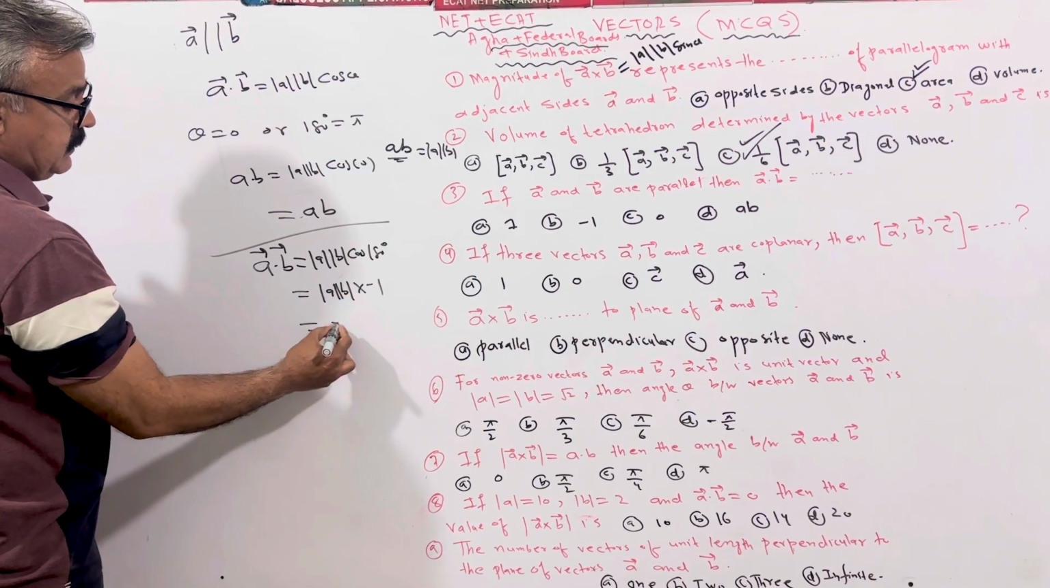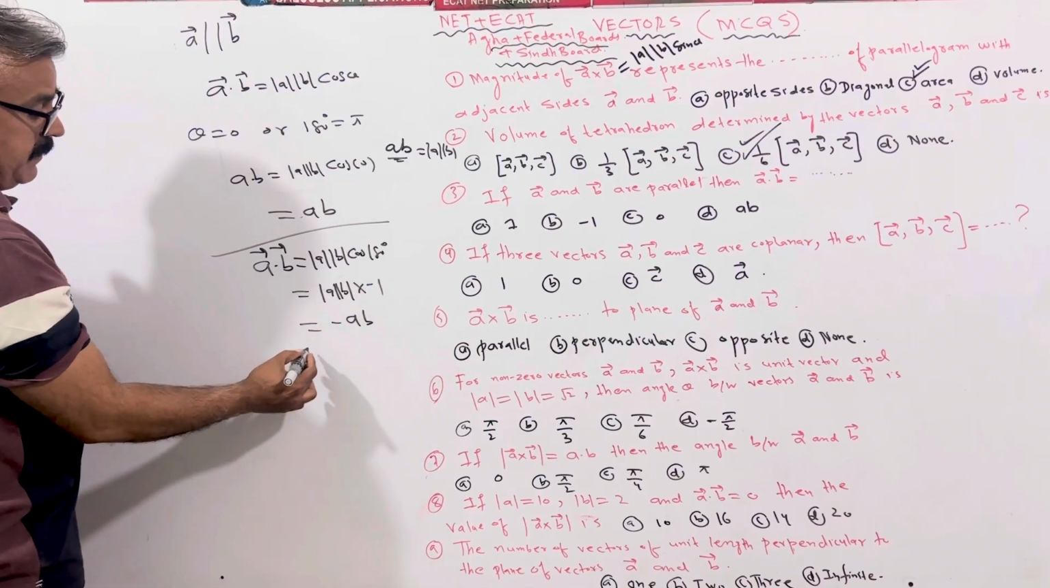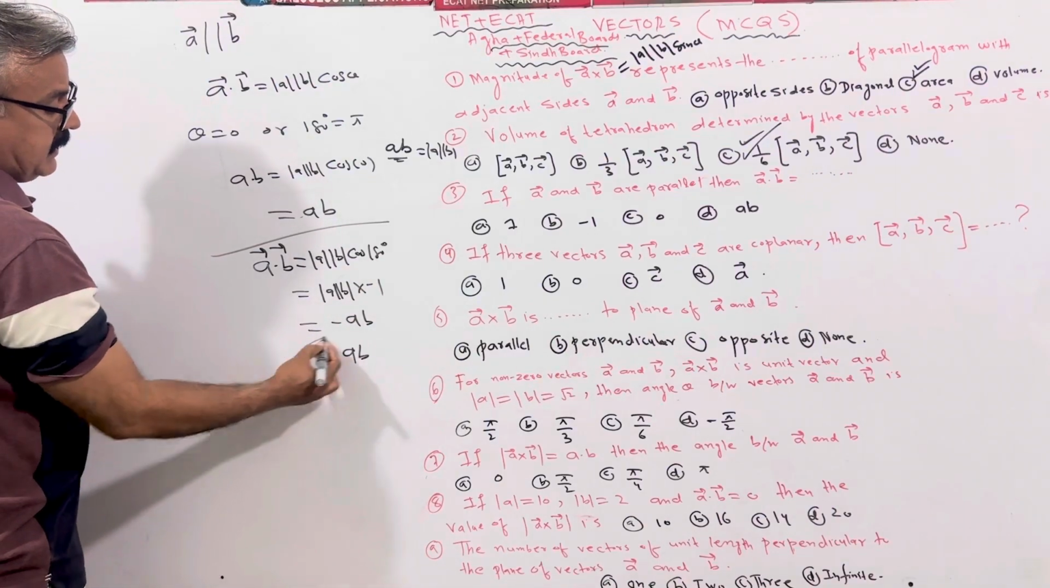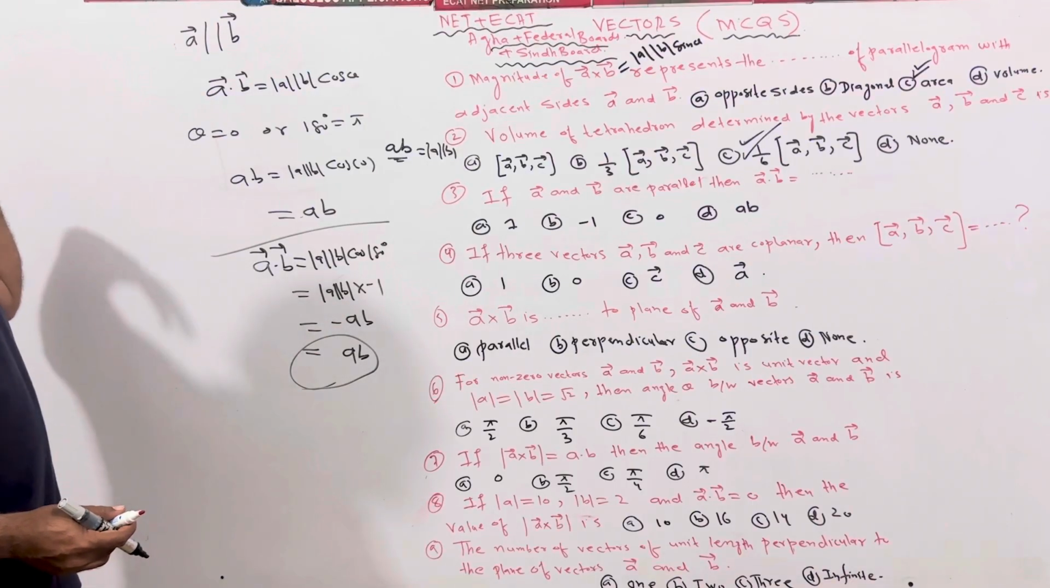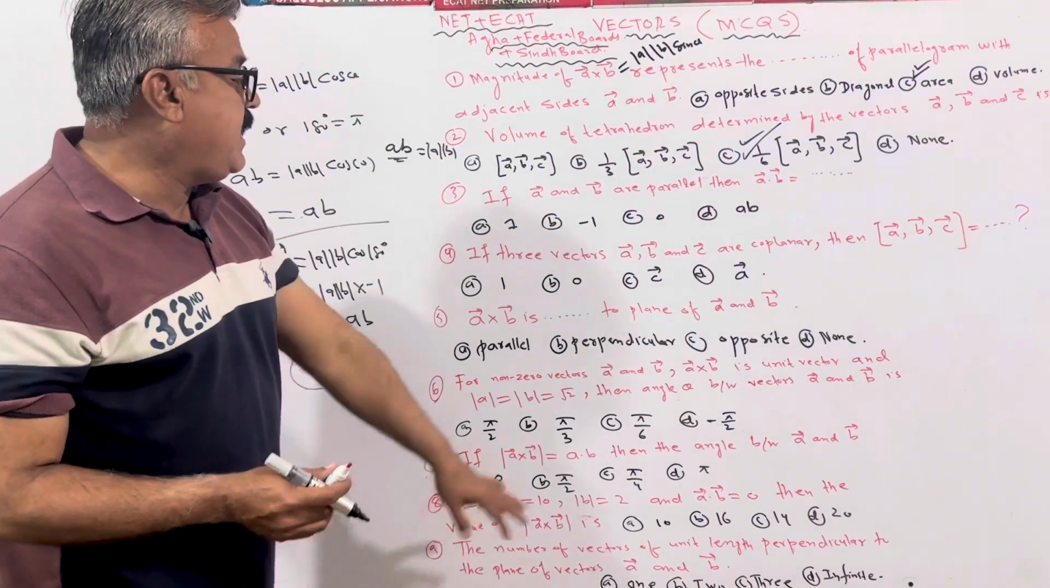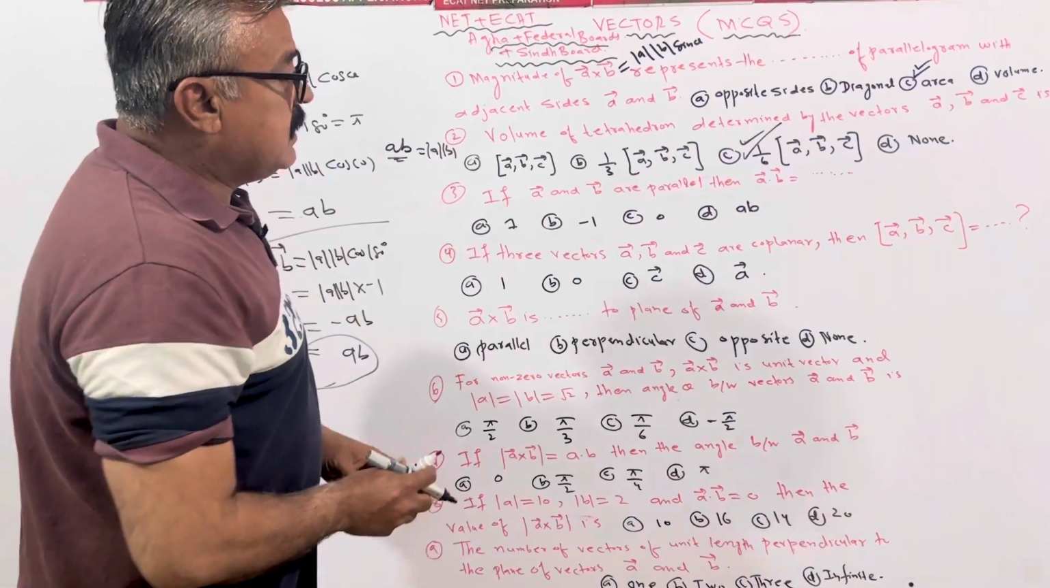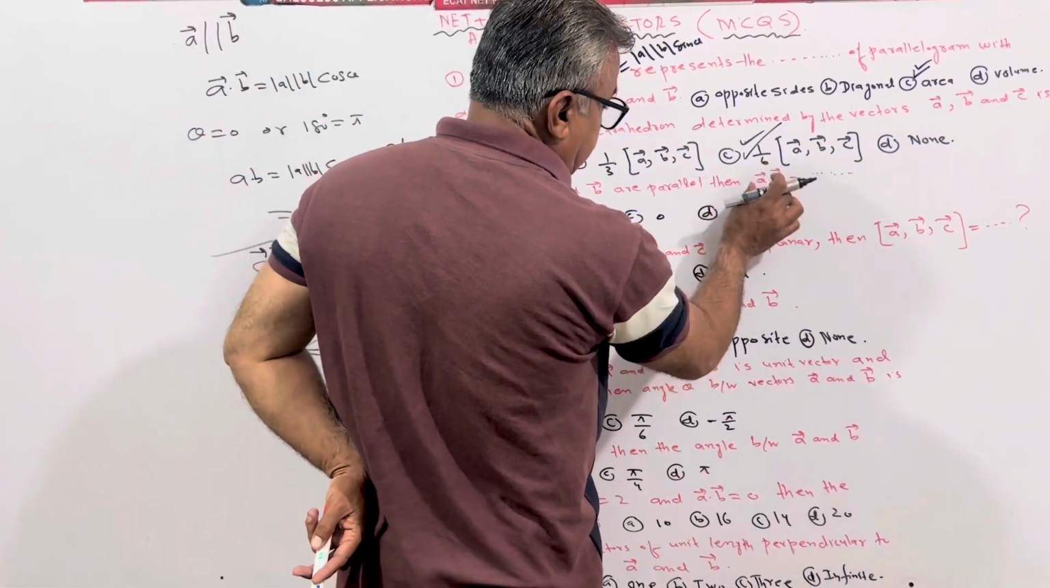Negative 1. So it's R minus AB. In case of magnitude, discard the negative sign. In case of magnitude, minus is meaningless. So if A and B are parallel vectors, then the dot product of A